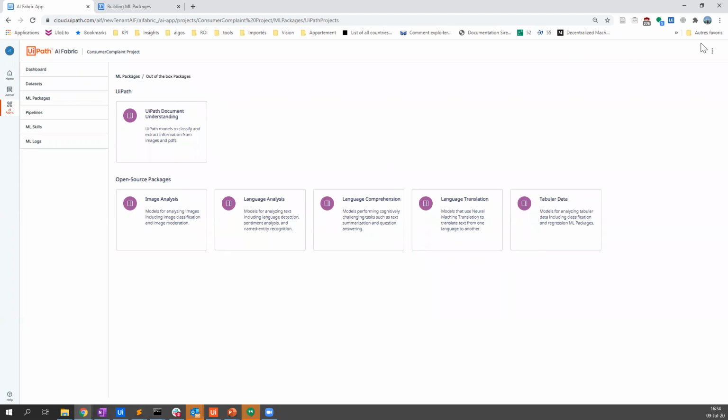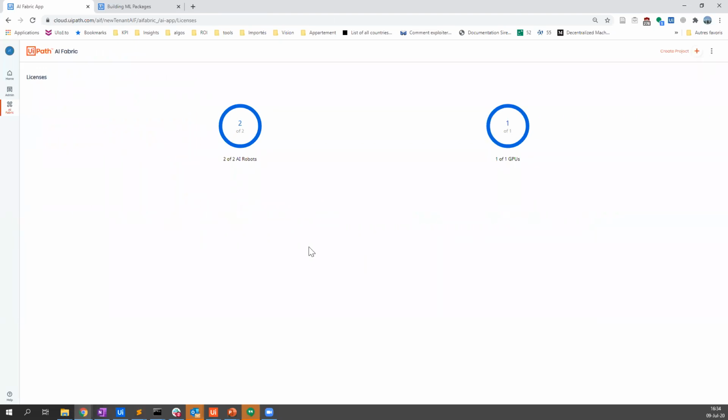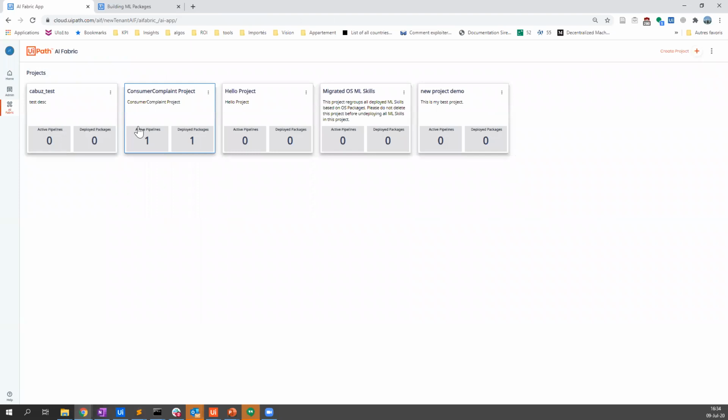What you need to buy for getting AI Fabric is just robots and GPUs. Basically, as soon as you buy licenses to use AI Fabric, you get AI Fabric. There is no add-on like you see on Orchestrator, where you need to buy Orchestrator. It will only depend on the number of models that you want to build. So no add-on for AI Fabric itself, it's only for the models.